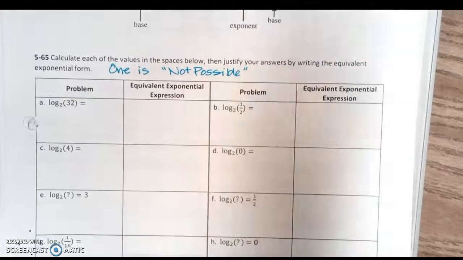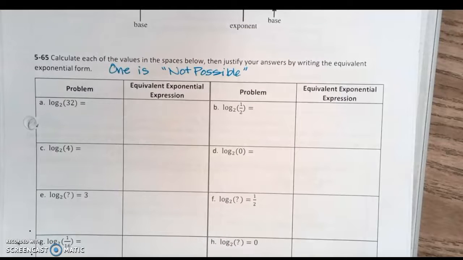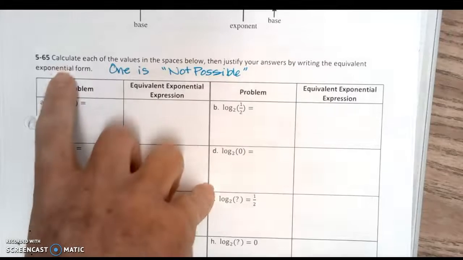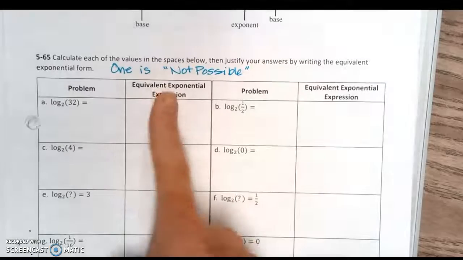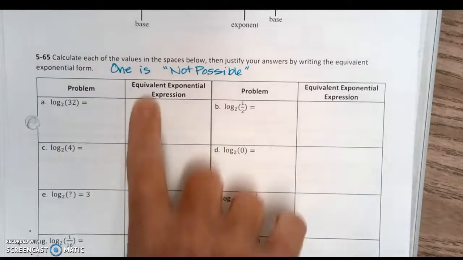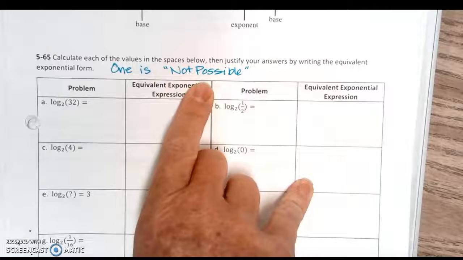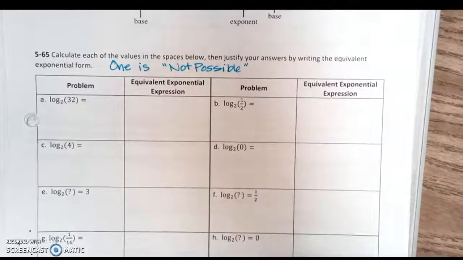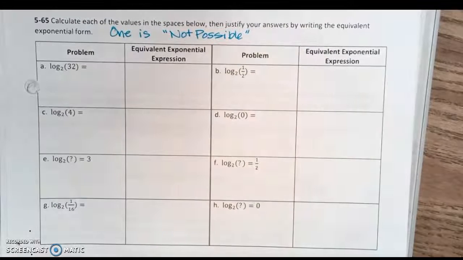Okay, so what they want you to do in the next little chart is they want you to calculate each of the values in the spaces below, and justify your answer by writing the equivalent exponential form. So write it as an exponent here. They're giving it to you as a log. One of them is going to be not possible after you complete that chart, then